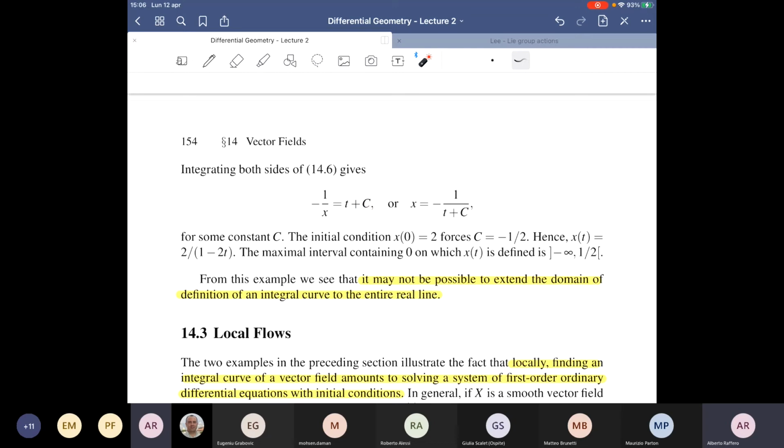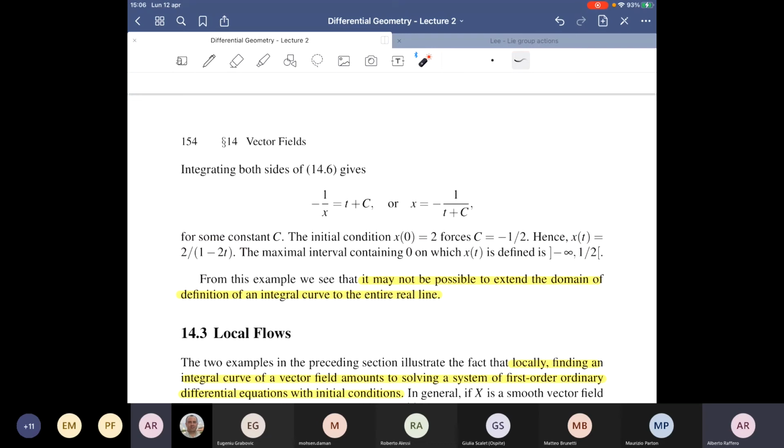Starting from this, you can rewrite everything in terms of x, so make the expression of x explicit. And then c is now a constant. You want to determine c, and it is uniquely determined by the initial condition we are giving. In such a case, the initial condition requires this curve at time 0 to be equal to 2, and this will imply that this capital C equals minus 1/2. And so the integral curve we have, x of t, is this one here. So it's 2 over 1 minus 2t.